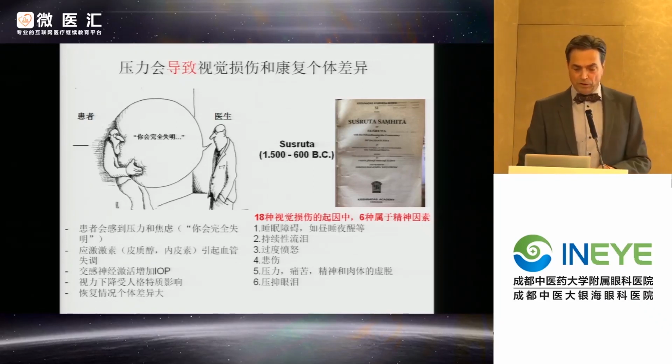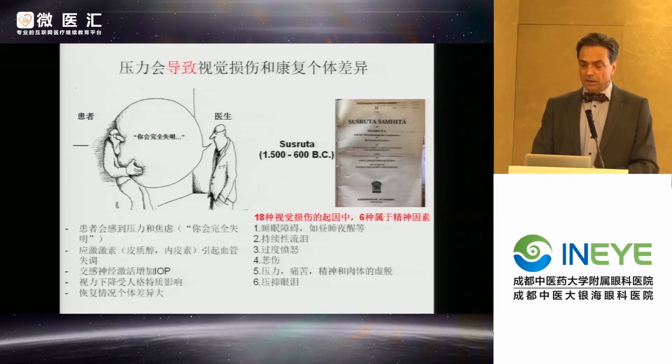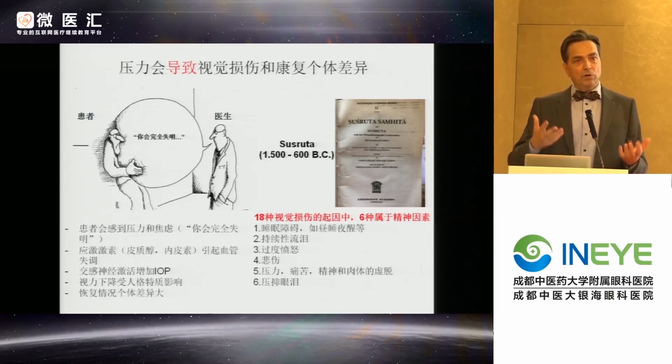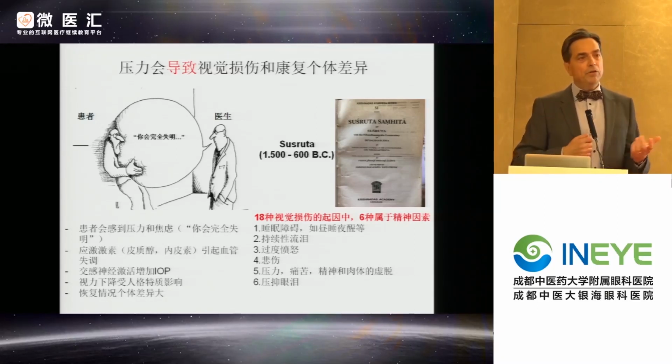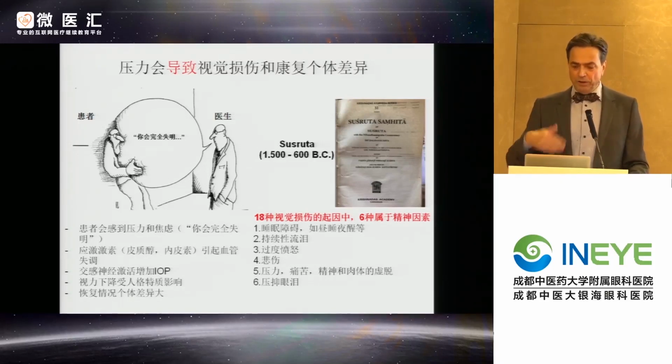We have a lot to offer in ophthalmology, and different influences can actually benefit the patient, such as issues related to stress. So when I was in India a few years ago, I asked the Ayurveda doctor, which is kind of the Indian version of the traditional Chinese medicine, what are the causes of vision loss? So he gave me a reference that is 3,000 years old. And of the 18 causes of vision loss, 1/3, that is 8 out of 18, were related to emotional states, to the grief, to anxiety, to stress, anger, and fear.